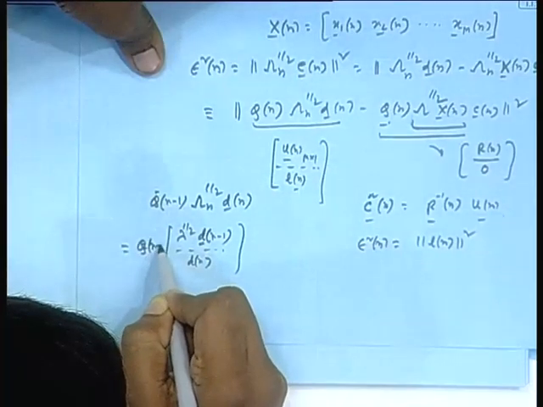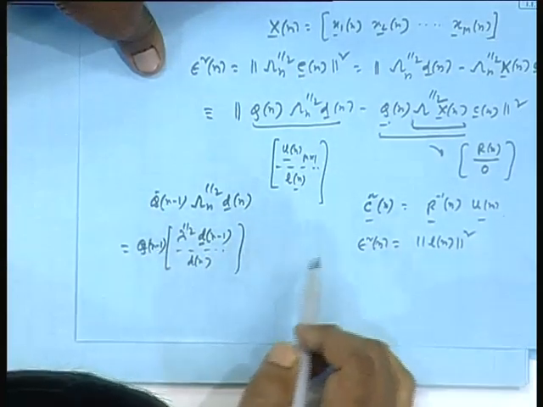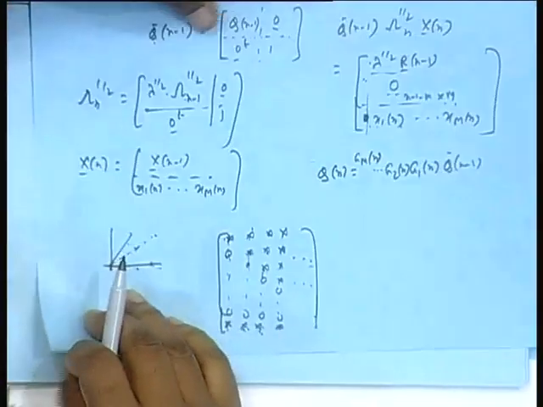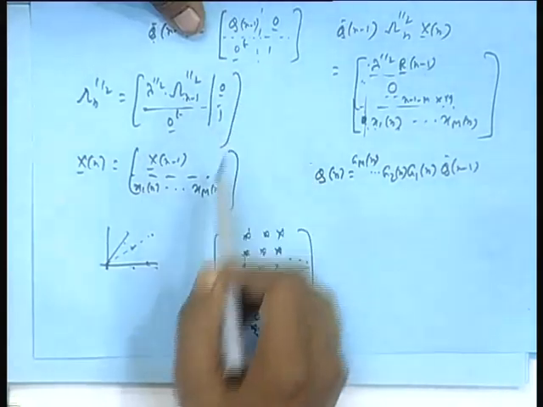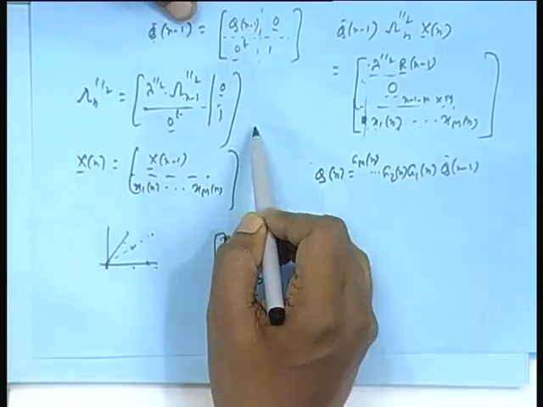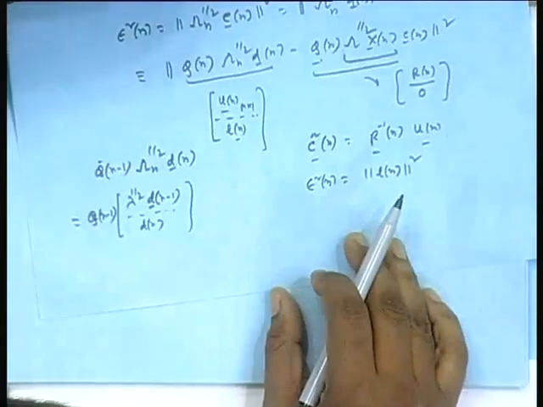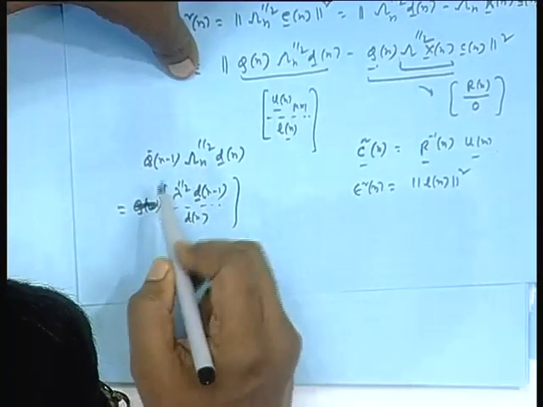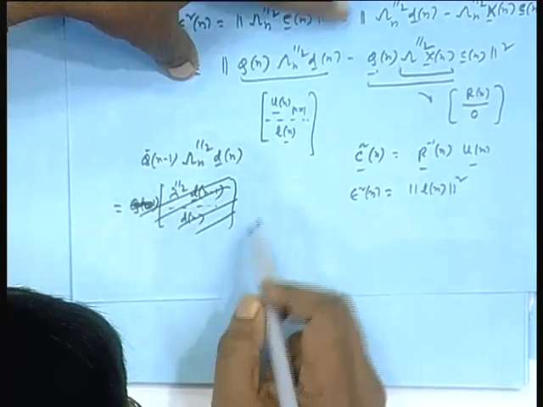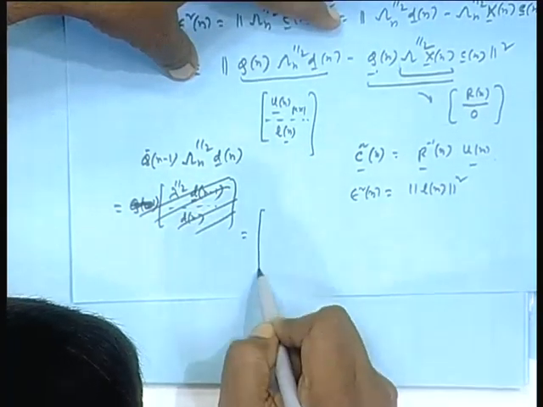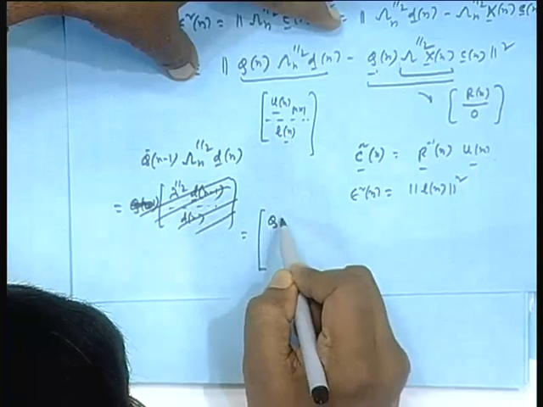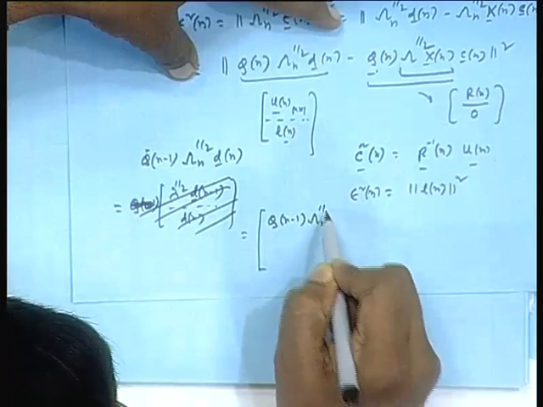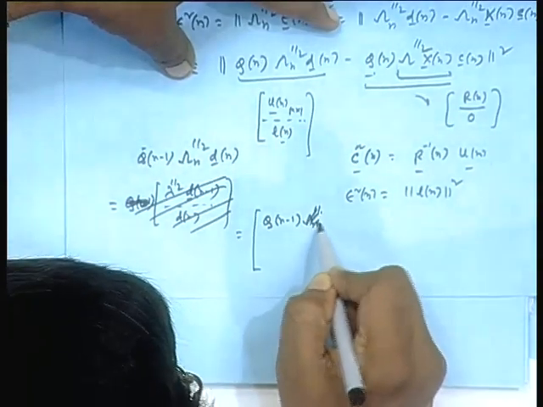This one I forgot to write. There will be q n minus 1, and this working on the last, so d n. This actually, sorry, let me q n minus 1 working on